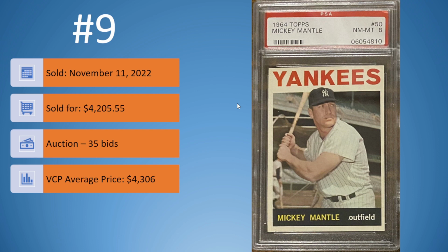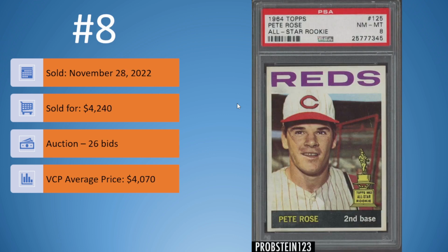$4,205.55. Another auction, 35 bids. VCP average price again, $4,306. So we have 2 copies of the 64 Mantle in a PSA 8, both of them selling below the current VCP average price. At number 8, what I think is one of the nicest cards